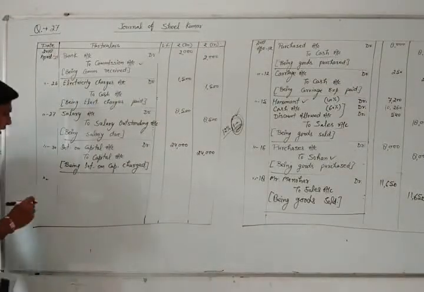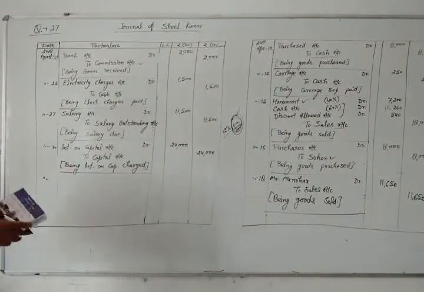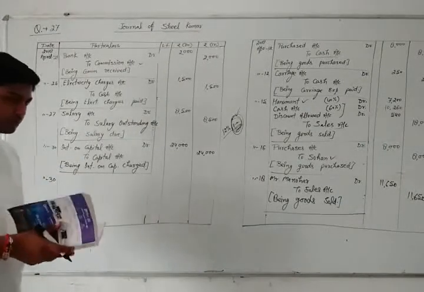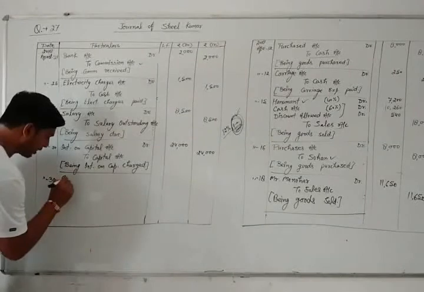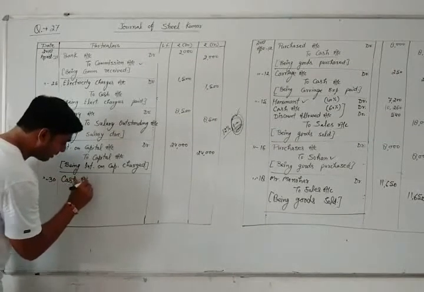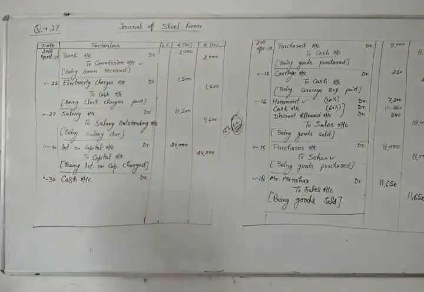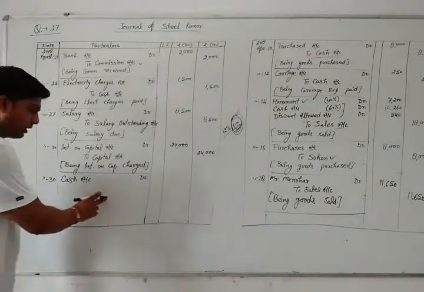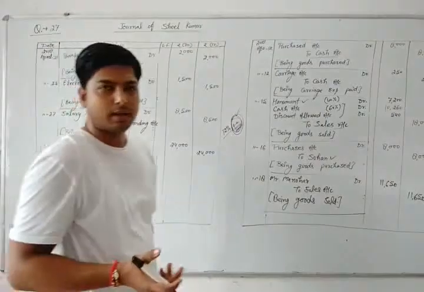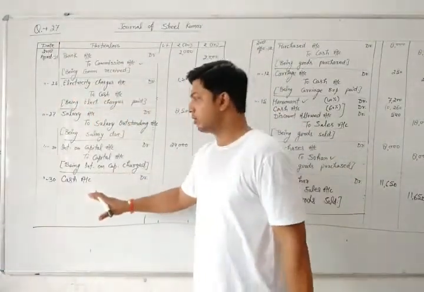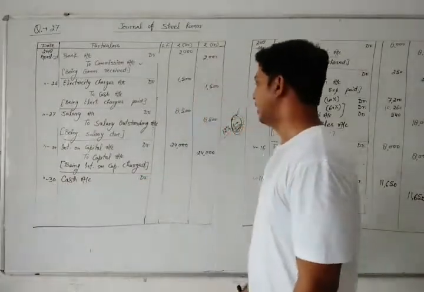So we have to find out whether the discounted amount is there or not. If we are receiving money, what comes in? Cash. So cash would be debited. So we are doing cash account debit. Who pays this amount? Manohar. Manohar is the person who is giving money. Credit the giver. So Manohar will be credited here. We'll have to find out whether the discount will be here or not.